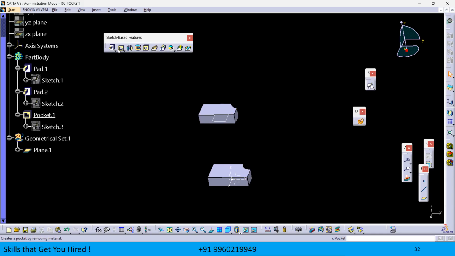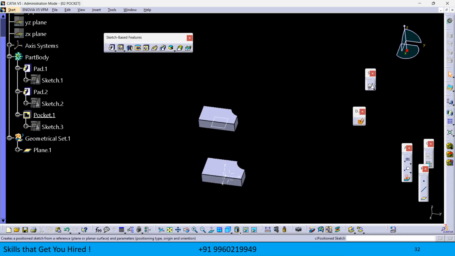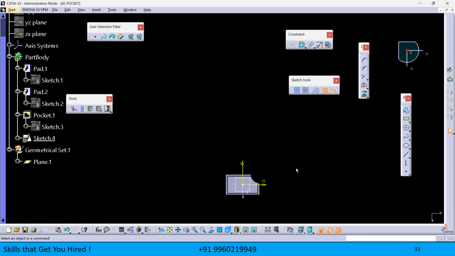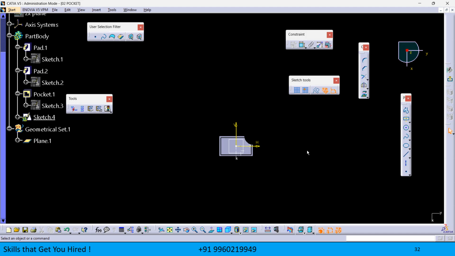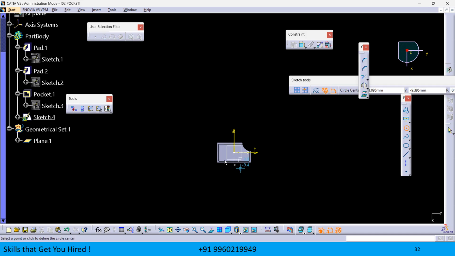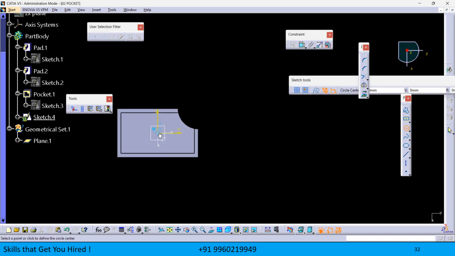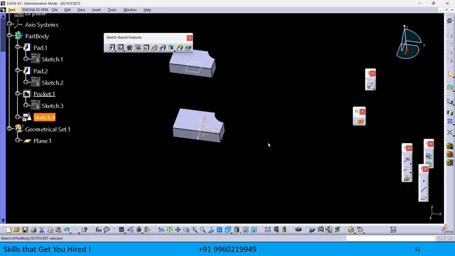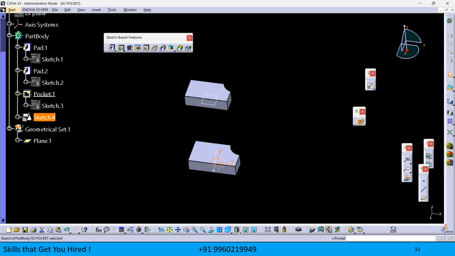So the function of pocket is to cut the material. With the help of that, I can create a hole using the pocket tool as well. But that is not a good practice. There is a separate command to create a hole. So here I am creating a profile circle. The diameter of the circle is 5, and now I exit this workbench and then create